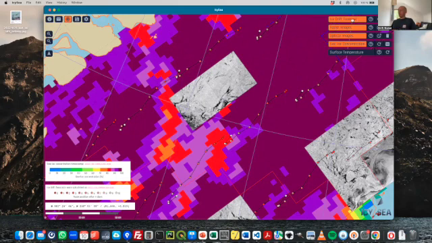Drift forecast is updated daily as well. And the sea ice concentration is actually updated 8 times a day. So depending on what you do, if you're not in the ice, but look at the ice edge, for example, you will get information 8 times a day on where the ice edge is in relation to where you are. So this is the highest frequency of update that we have available in IcySea.